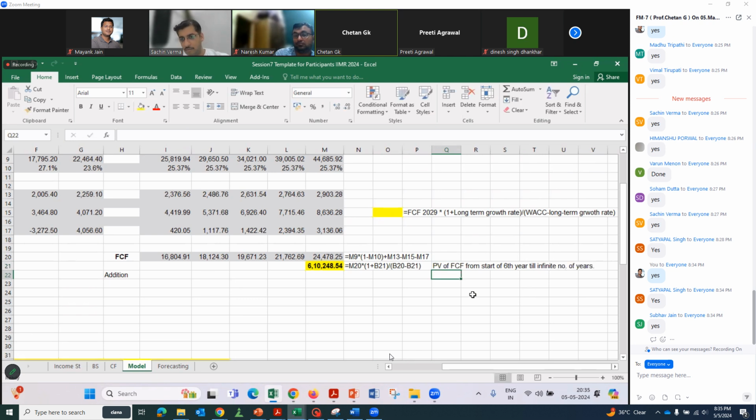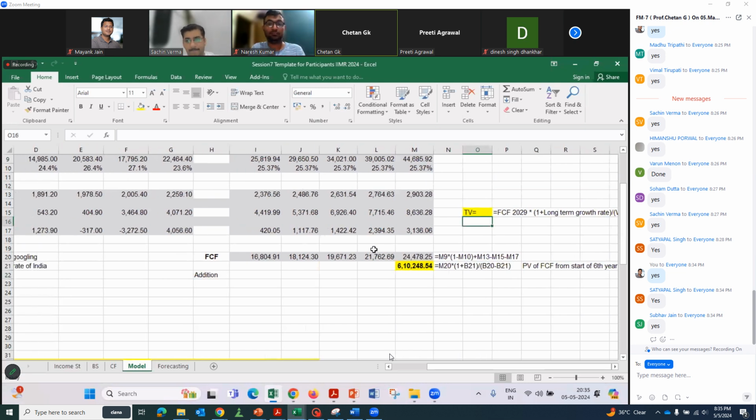Fine. This is the terminal value, also called the PV terminal value. Take the sum of this and this.